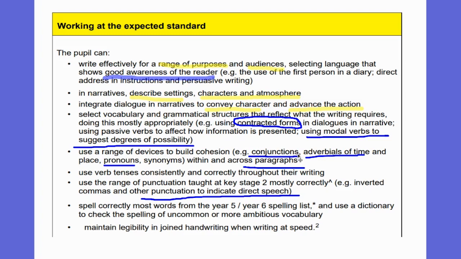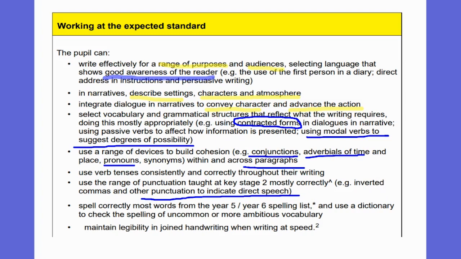There were conjunctions there. There was a range. We had adverbials of time. We had that lovely pronoun about her mother and synonyms. Instead of just saying Annabeth's mother, we had that there. And the verb tenses were consistent. We saw that good use of the word tore, which was a good use of the irregular verb tear. And we had the correct use of speech marks. So far, looking at this one piece of writing, you would say that this child was working at the expected